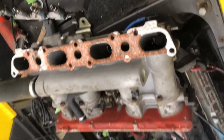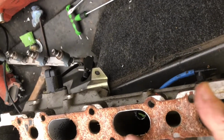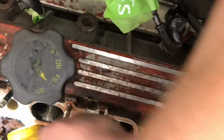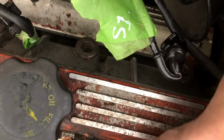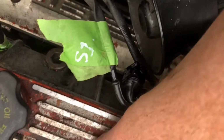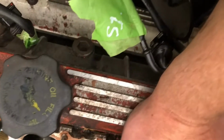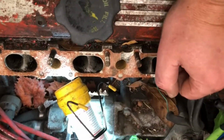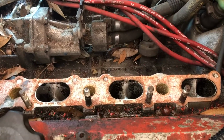The intake manifold is out. These are the coolant passages, and I don't see a clear indication that those passages were somehow leaking into the intake itself, which unfortunately means likely the head has to come off. Oh well, I had been hoping, but